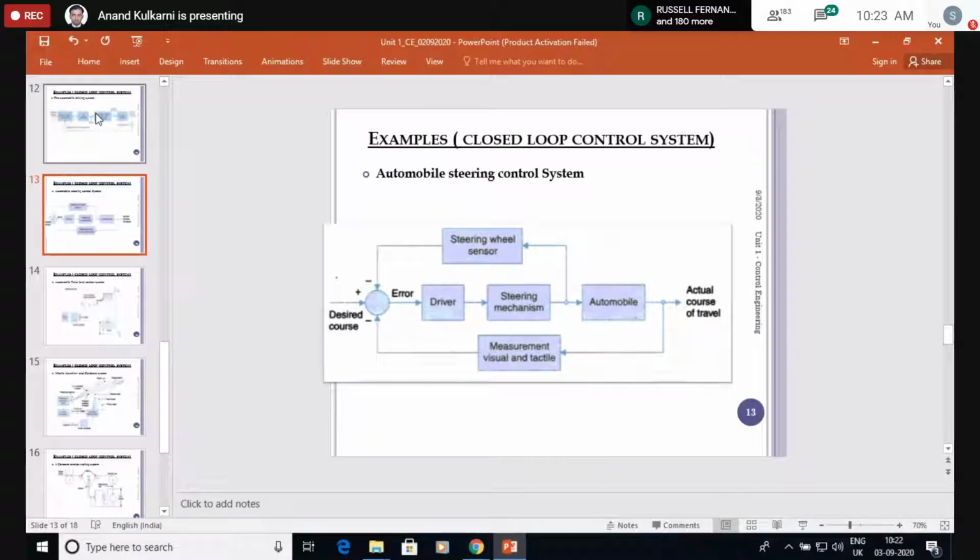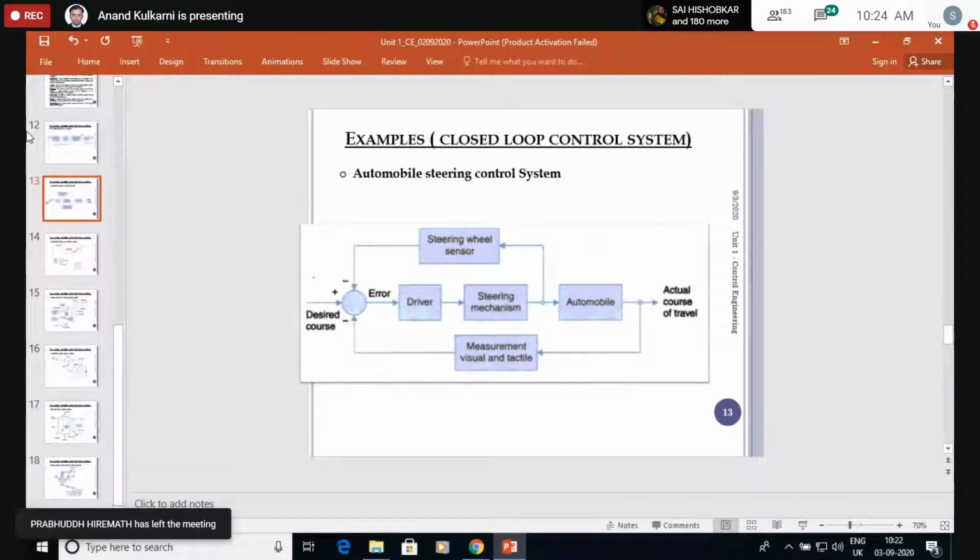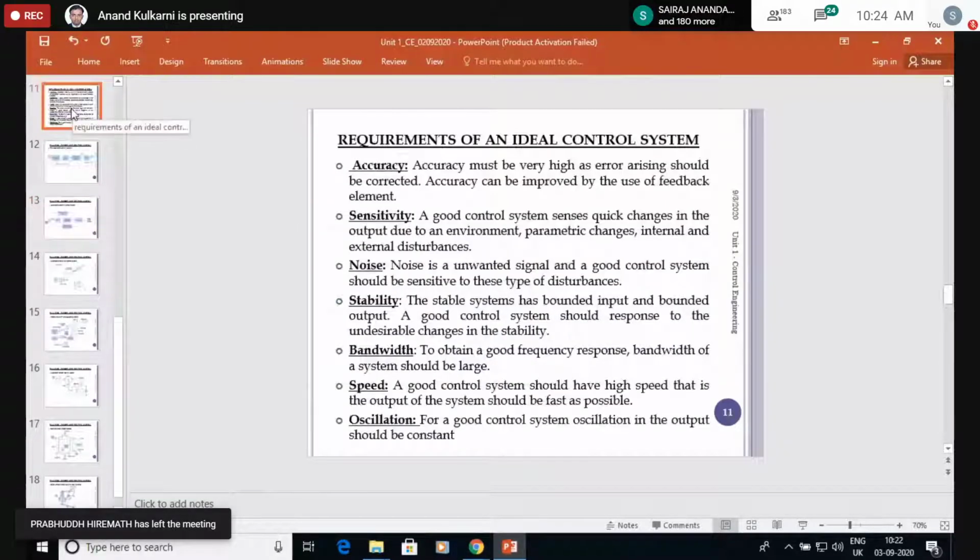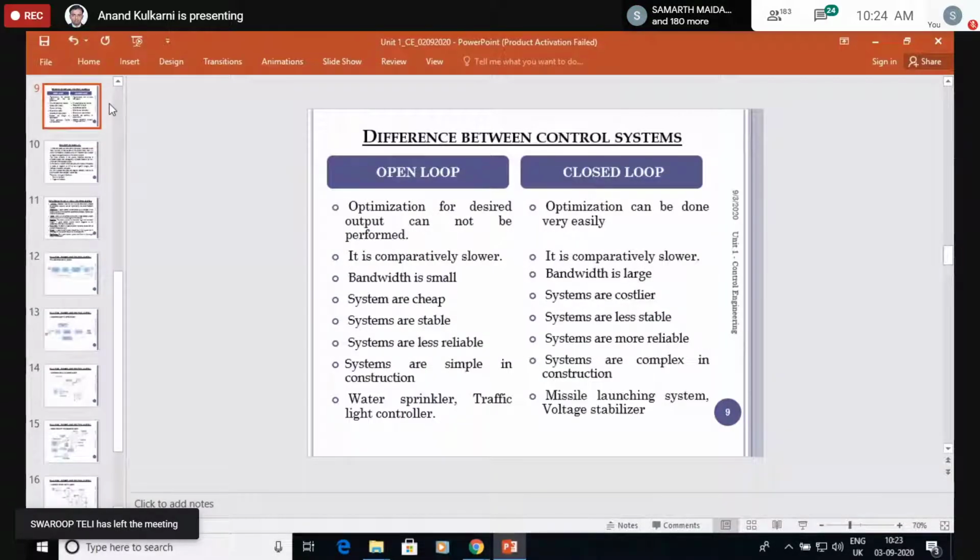But if it is an open loop system, suppose you want to set the temperature of the oven to 200 degrees centigrade. Initially only 200 is given, and all the time, corresponding to 200 degrees centigrade, the controller is giving the input to the oven. So the oven will heat up faster, and that is the difference between the two things. One should be comparatively faster, and the other comparatively slower.